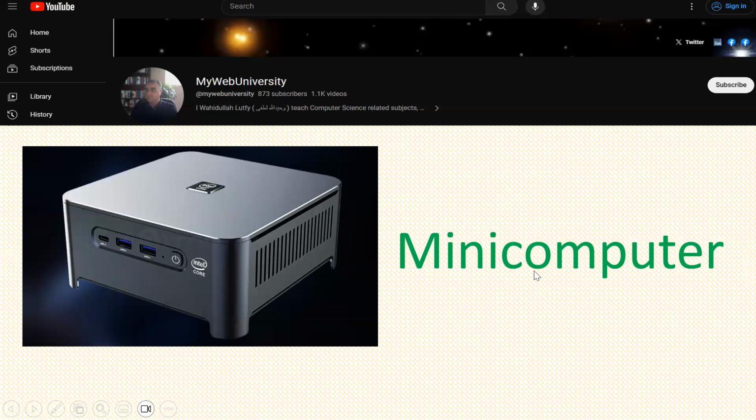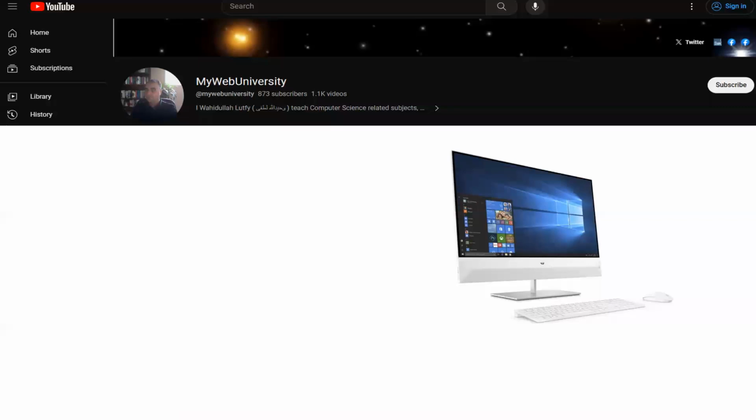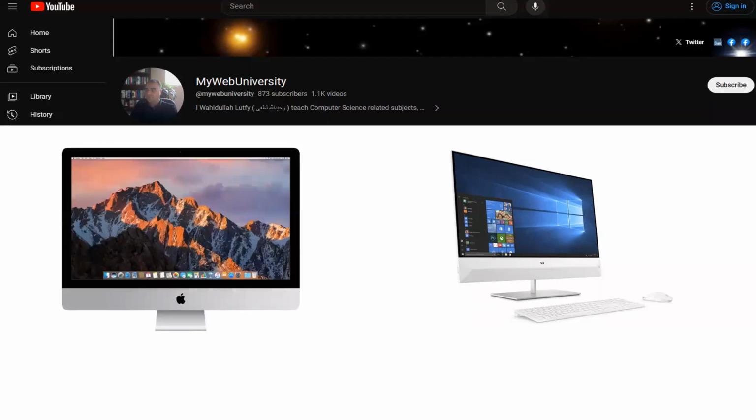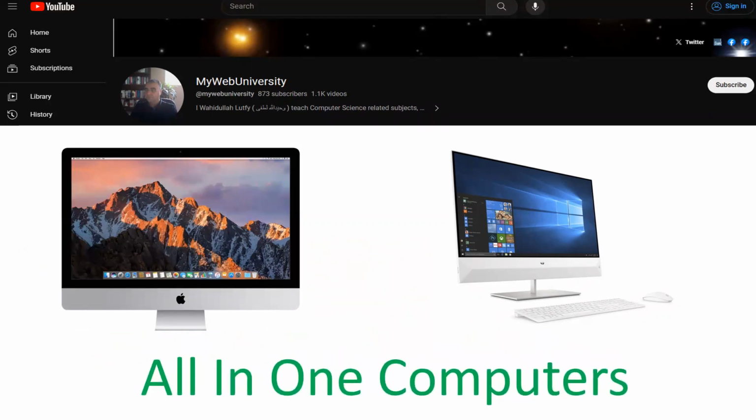So this mini computer is kind of between a server, a desktop, and a laptop, and you can install a lot of resources that are available for it. Based on that, you can run a mini computer that works like a server, a workstation, or a client machine. At this time, I'm going to show you the all-in-one computer, which is similar to the mini computer,